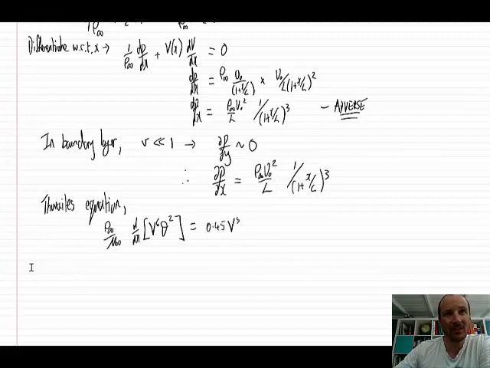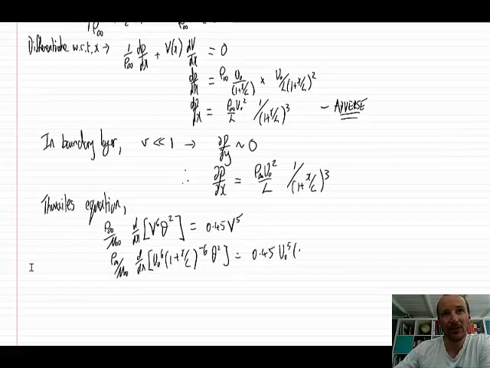v to the 5. We can substitute what we know into this expression, so we can do rho infinity over mu infinity, d by dx of, now we know what v is, this is going to be u naught to the power 6, 1 plus x upon L to the power minus 6 theta squared is equal to 0.45 u naught to the 5, 1 plus x upon L to the power 5. We can integrate this